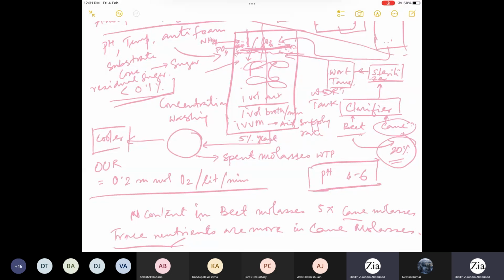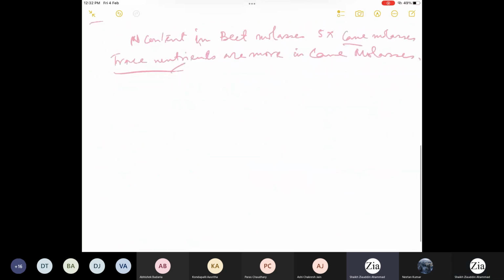So after getting the biomass, if you run the system, say in a fed batch mode, after 10 to 20 hours of operation, depending on the strain you are using, you can get 5% concentration in the broth. Then you send it to the rotary vacuum dryer. The rotary vacuum dryer is one of the downstream separation devices